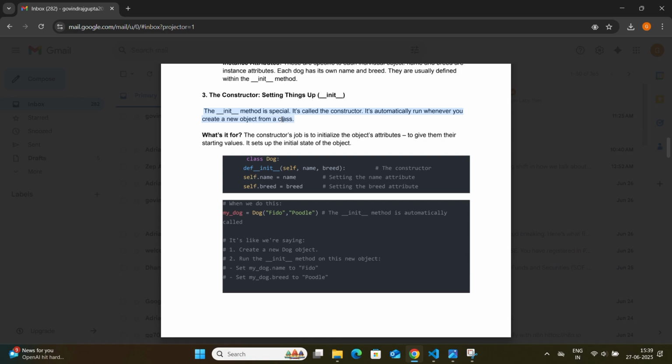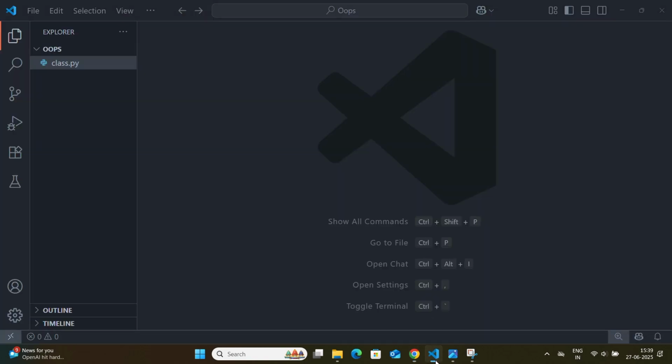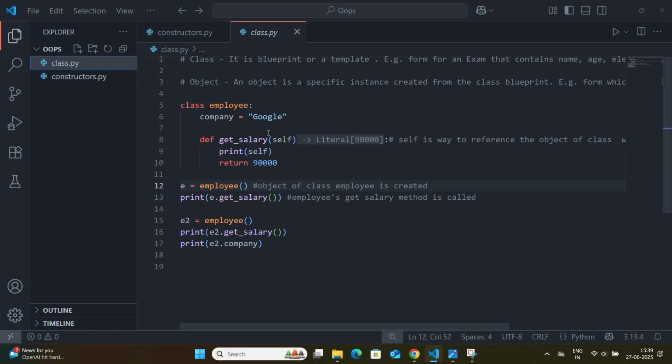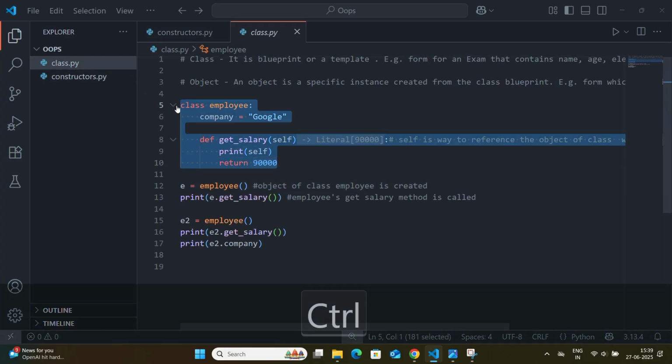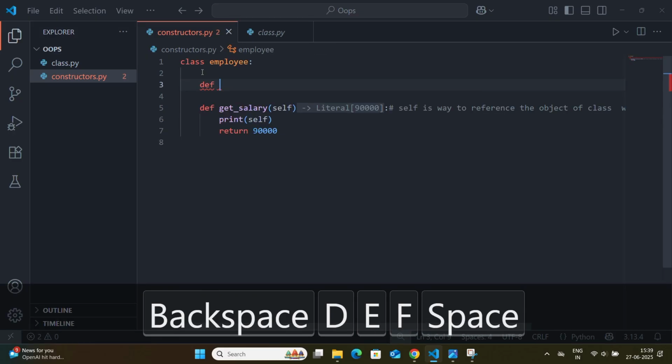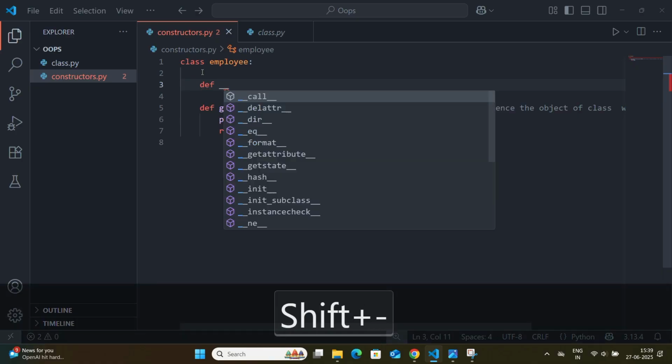Now let's create a new Python file called constructors.py. So let's modify our previous employee class to use a constructor. We can copy it and paste it here. Now we can start customizing the code. def __init__(self,